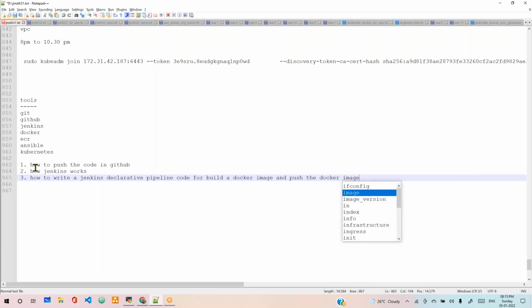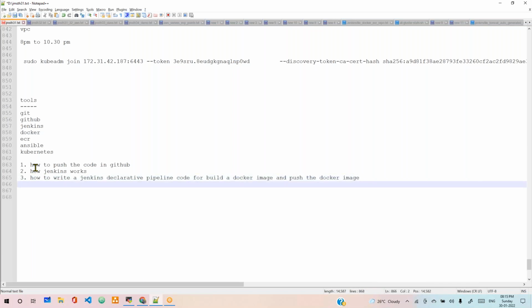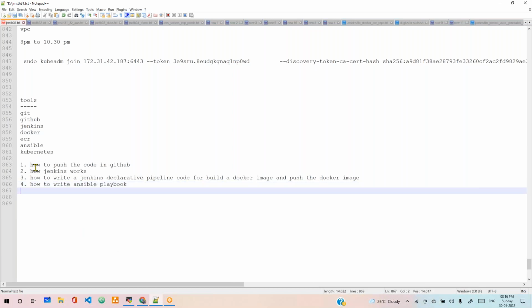This is what you should know. And the fourth point is how to write an Ansible playbook, and then how Ansible works, which is also mandatory to know. And the next is